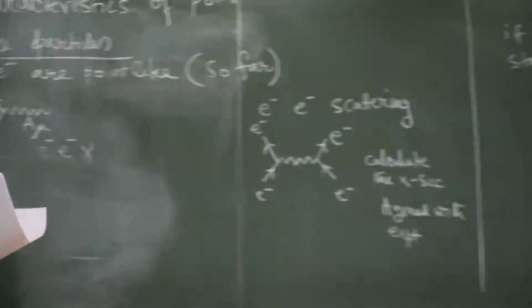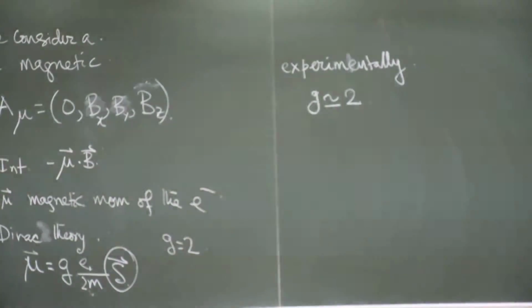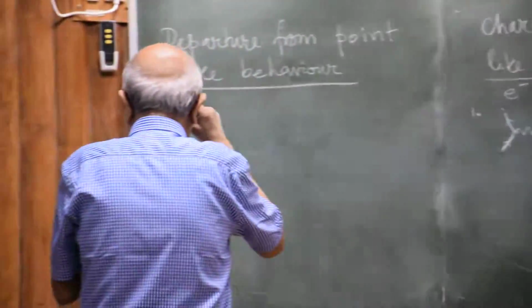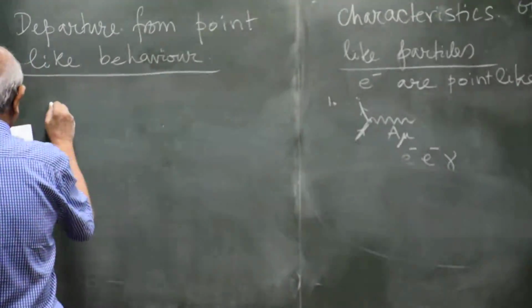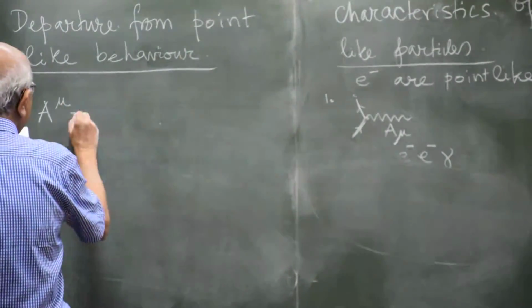departure. This is just to convince you that when we take into account particles with size, it's different. And what is the difference? The difference is the following. Now we will write A mu as